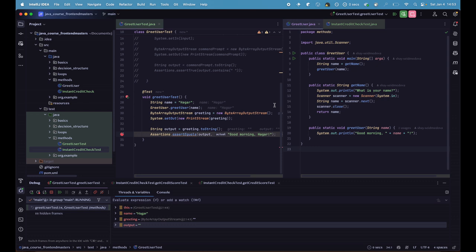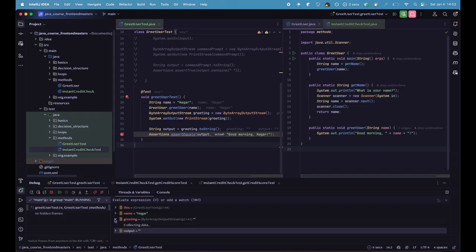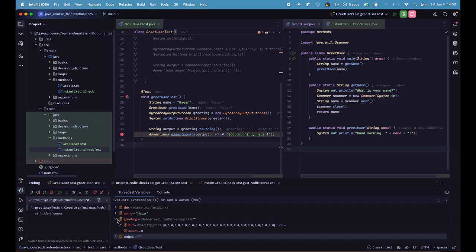What am I doing wrong? Output is empty. Greeting is a binary output stream, so